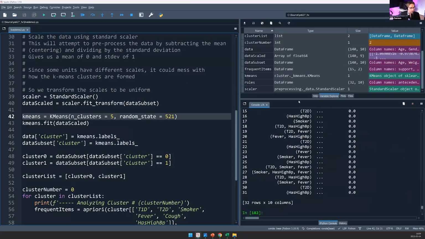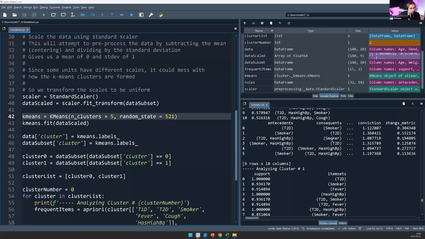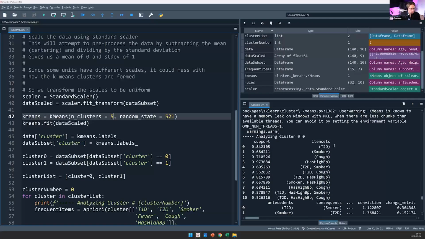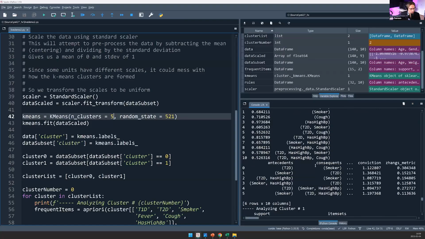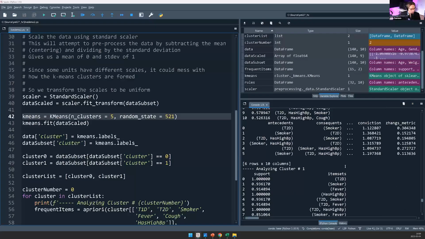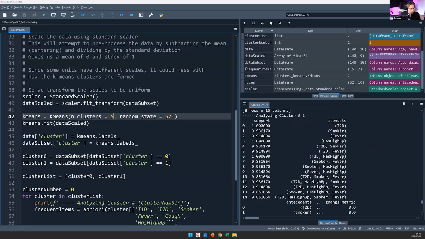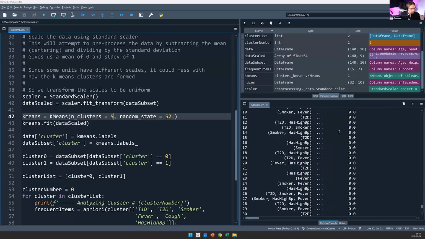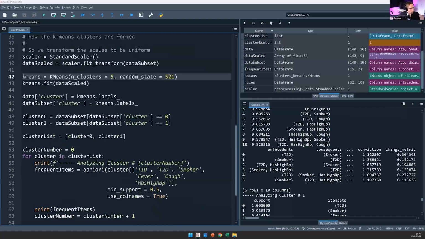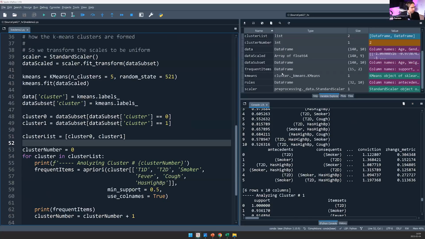So interesting. Again, I could make more clusters as well. I could say, give me 5 clusters. Now we could get into maybe some overfitting here if I have too many clusters. But yeah, in cluster 0, we see type 2 diabetes, smoker, cough, blood pressure. So that looks like that might be the type 2 diabetes cluster. This cluster also has type 2 diabetes 100% of the time. Oh, right, because I need to iterate over more than just one cluster. Anyway,